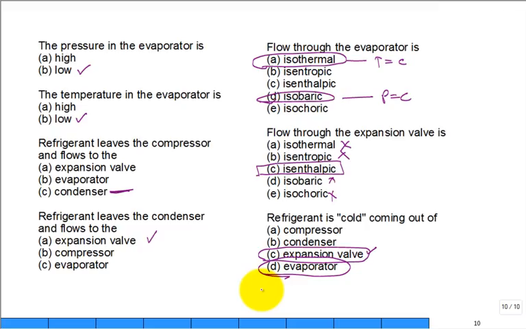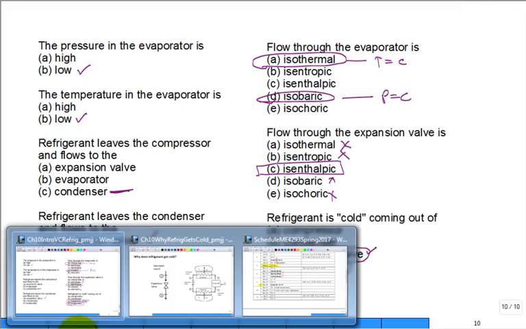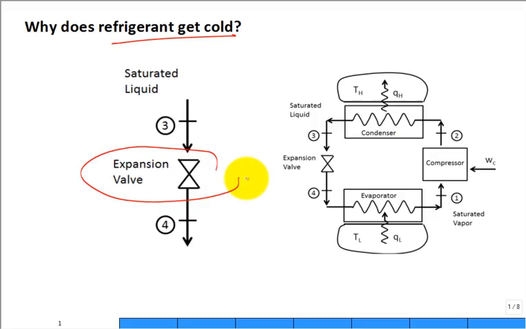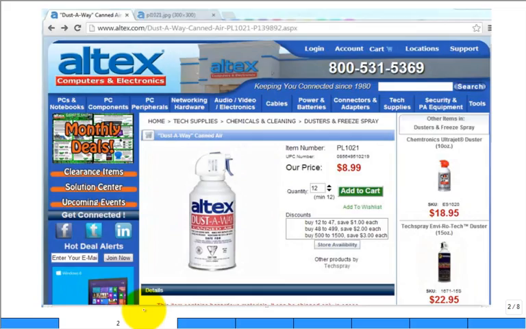But let's move on to another topic that I got to get to. Why does the refrigerant get cold when it passes through this magical device called an expansion valve? This is where the student may pass Thermo 2, but not comprehend what's going on, and then will stumble on some easy concepts. So what I do to explain this is I bring in a can of air, but it's